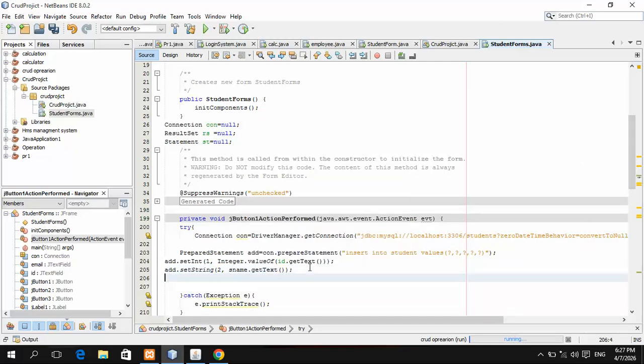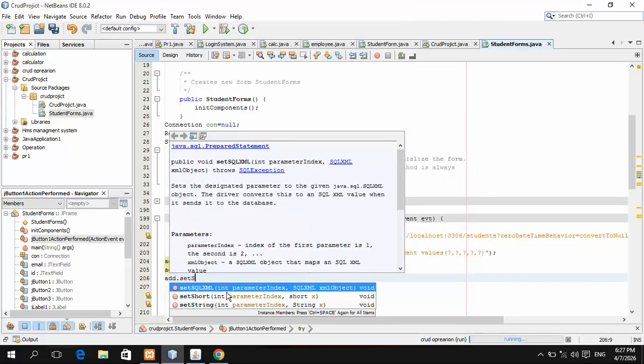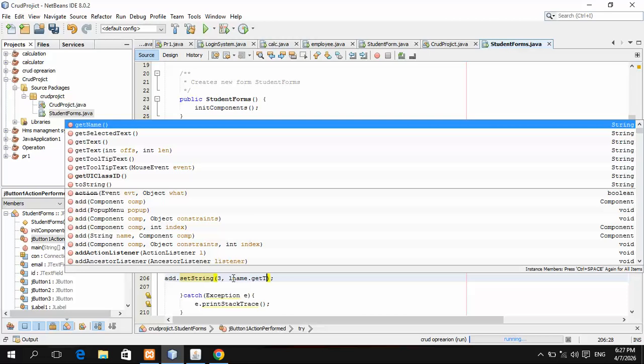For example, r dot setString 3, for example, Lname or Fname. For example, Fname dot getText. Lname dot getText.